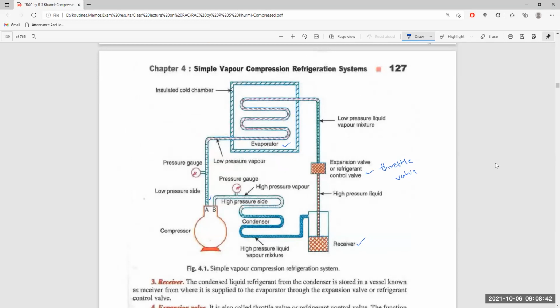Which item is making the pressure high? Compressor. Okay, so after the compressor the pressure remains high. And what will be the highest high pressure and what will be the low pressure depends entirely on your requirement. What will be the high temperature, what will be the low temperature, it will depend on the requirement itself. And it is decided by the concerned designer how I will run this refrigeration system.